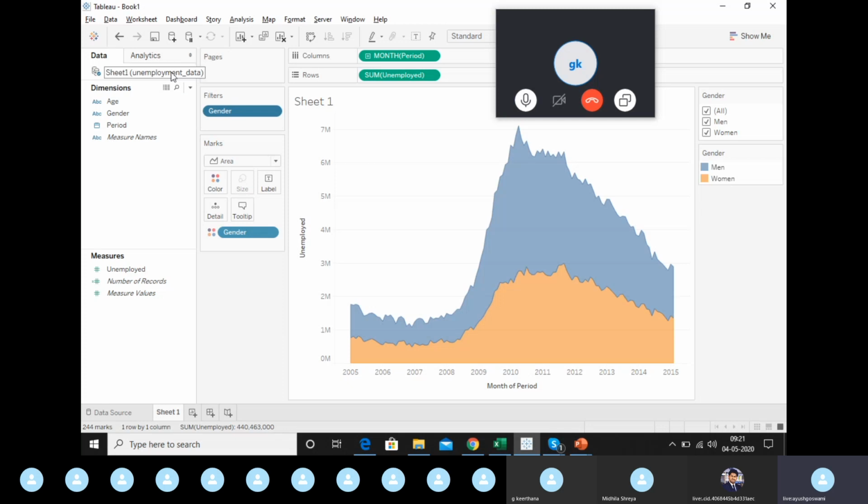I want you guys to add a filter on the basis of age, and the one who has done it first, I'd like him to present his screen and show me how the result is coming out for him or her, right? So you have to add a filter using age and follow the same steps that I followed just now. And whoever is done with this, kindly share their screen so that we can see how you did that.